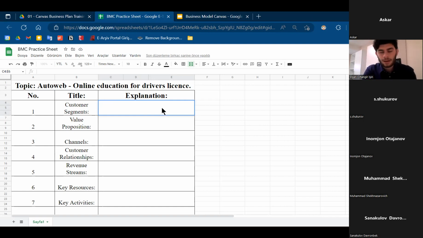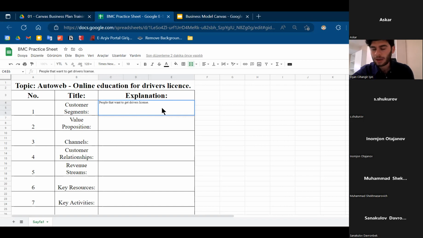Okay, so let's just go slowly and more clearly. You have an online platform for people to go into and get a driver's license, right? Yeah. Okay, so the main customers here are, could we say, people that want to get a driver's license? Yeah. Generally, we can talk like that, but yeah, you made it very clear. To be more clear, give me just a minute. I will explain how it works.